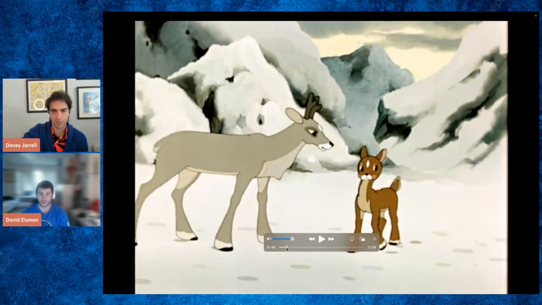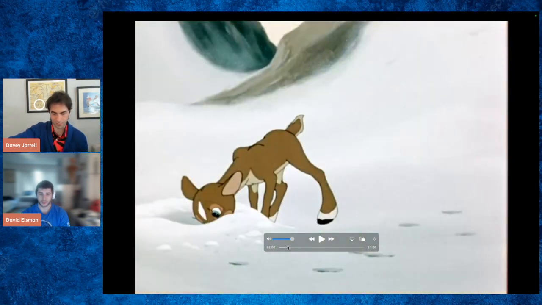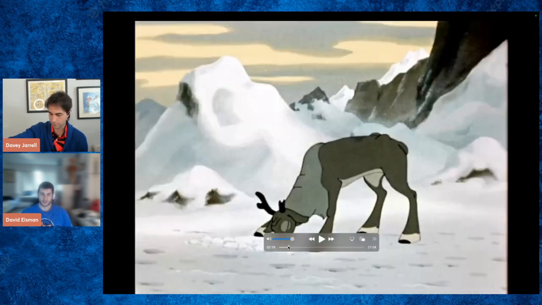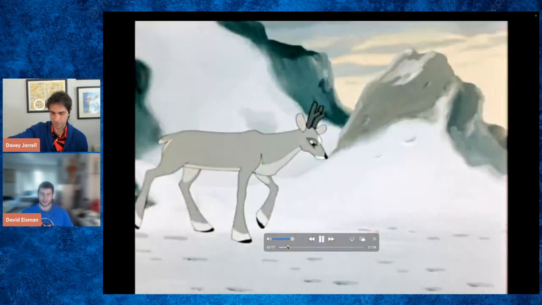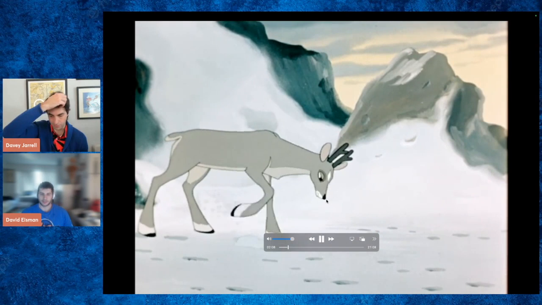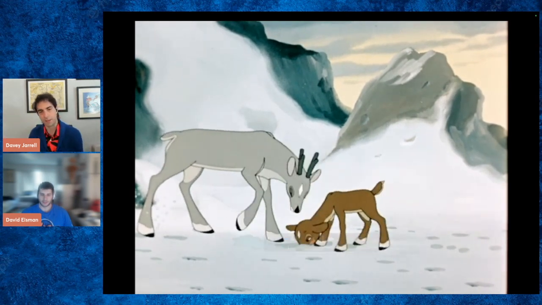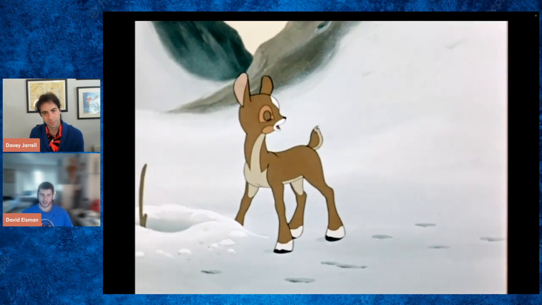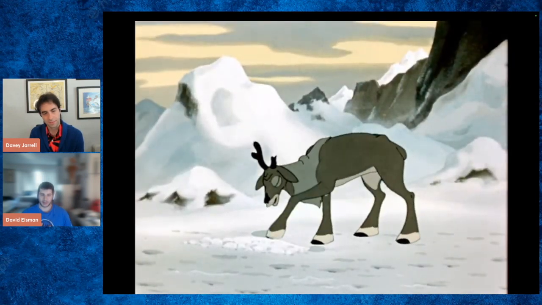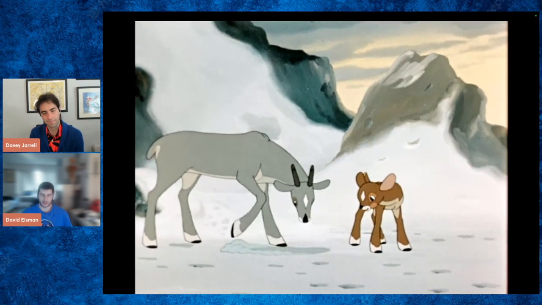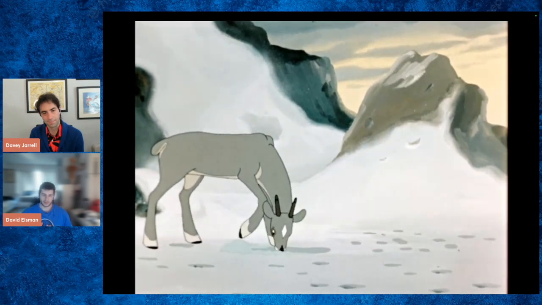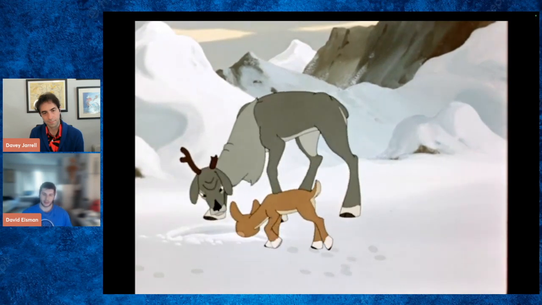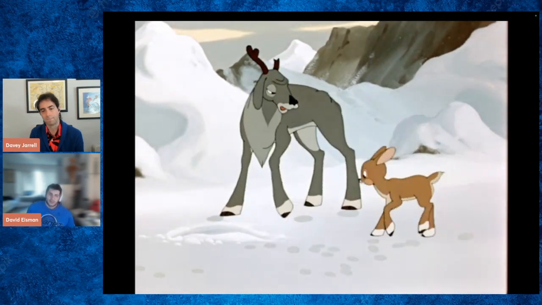Some parts of the animation in this are even more sophisticated than Bambi. For sure. Different approach to character design, everything though, is just so clearly posed, and it's not dependent on any live-action reference like Bambi. Yeah. You can definitely see that it's not referenced. But also the character designs are a lot more cartoony. Yeah.